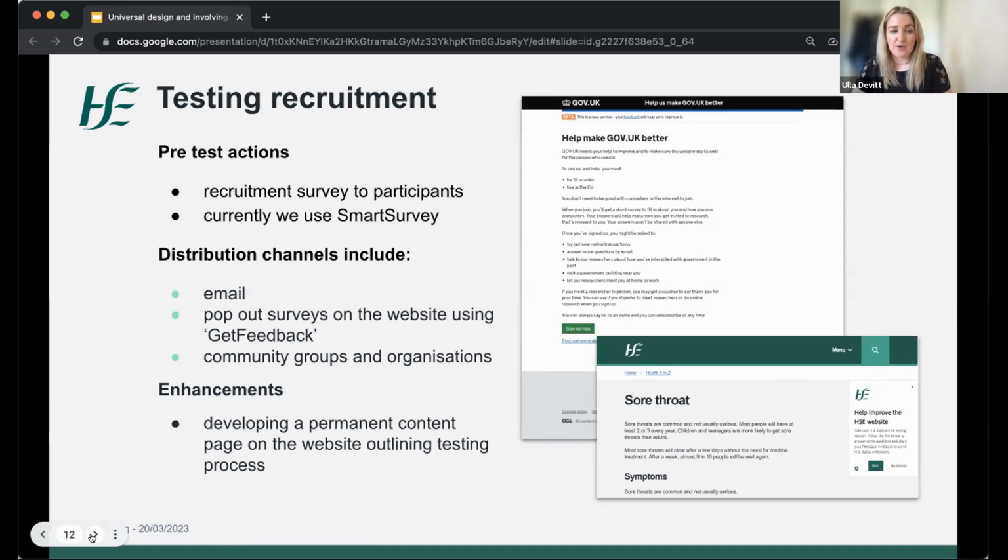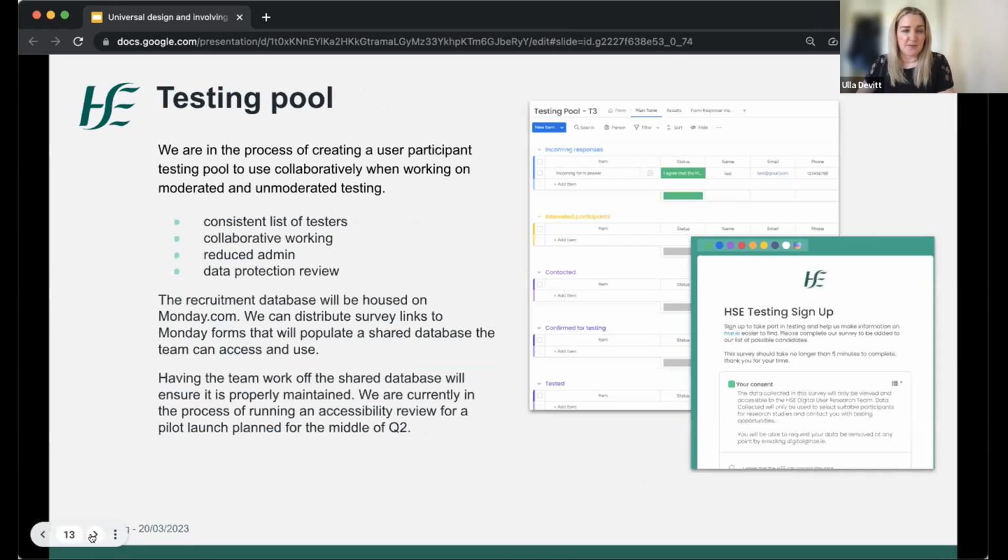And then what we're looking to do is like the gov.uk approach, where we would develop a permanent page on the website where we can gather a panel of users that we can ask to be part of any upcoming testing that we have. As well, because we have now a number of user researchers on the team, we're looking at creating that kind of